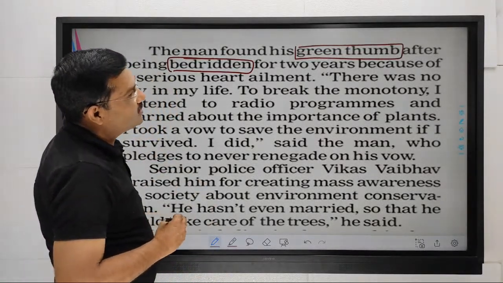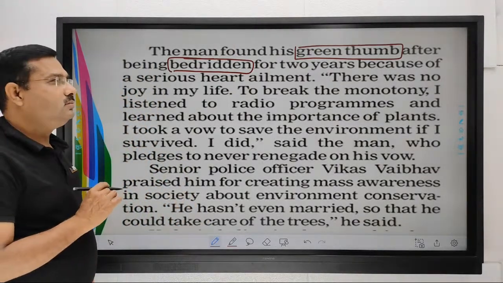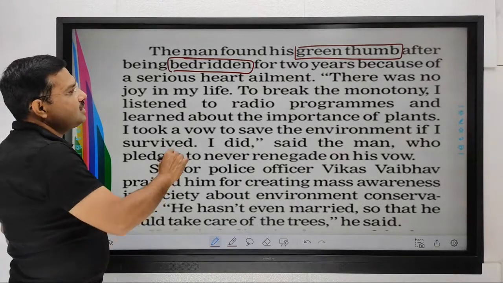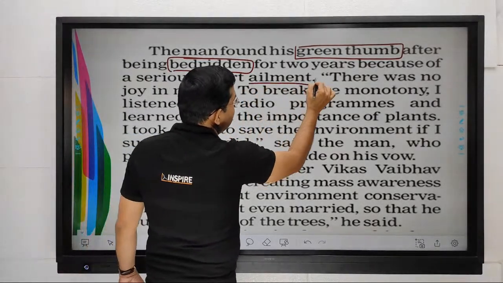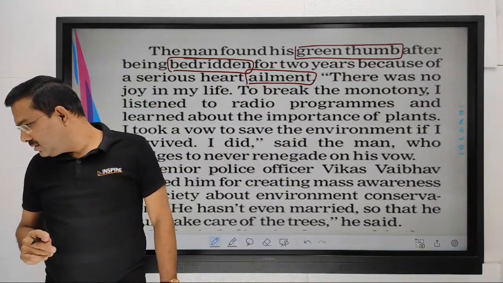So the man found his green thumb after being bedridden for 2 years because of a serious heart ailment. Oh, what is this ailment? Ailment is